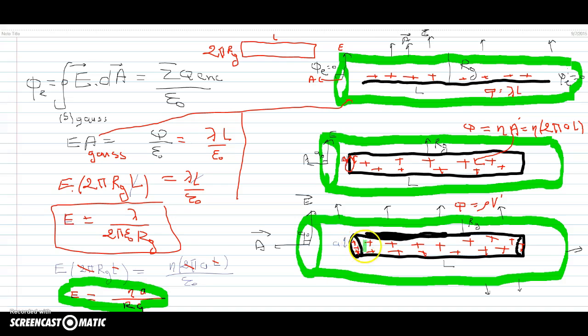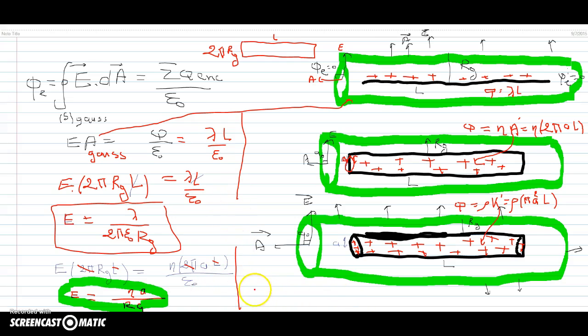Now I can do the same thing for the volume. Imagine this is a non-conductor material, it's completely charged. You can expect the charge inside. The only difference is that here it is rho V prime, and V prime is the volume of this cable. Now what is the volume? Obviously the volume will be rho times pi a squared, that's the area of the base, times L, that's the volume of this cylinder that we are going to plug in for the